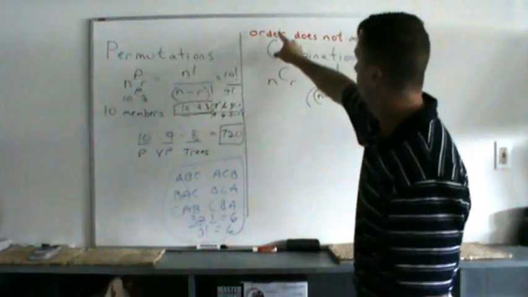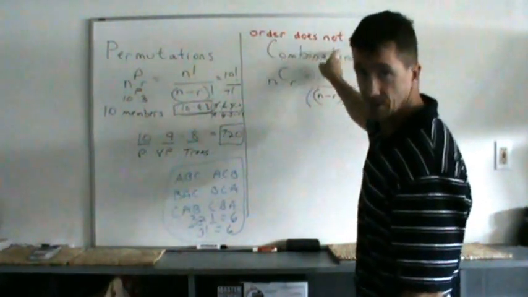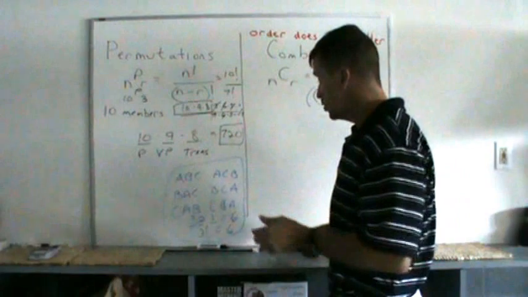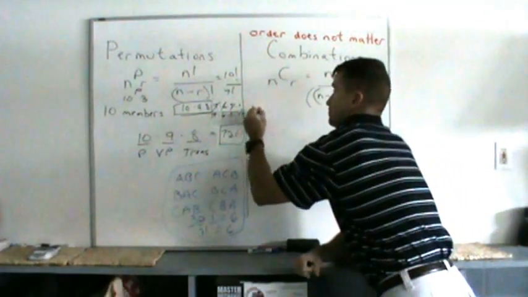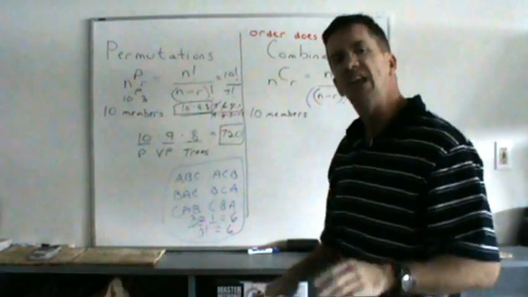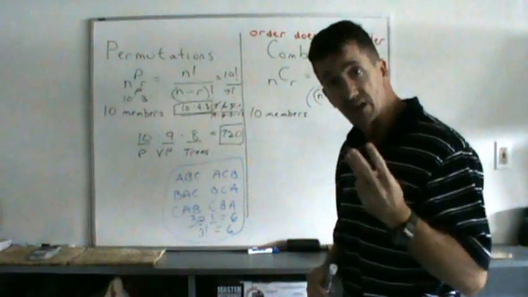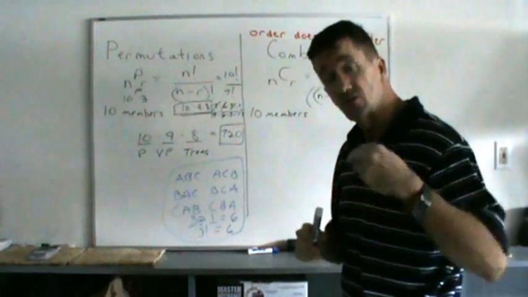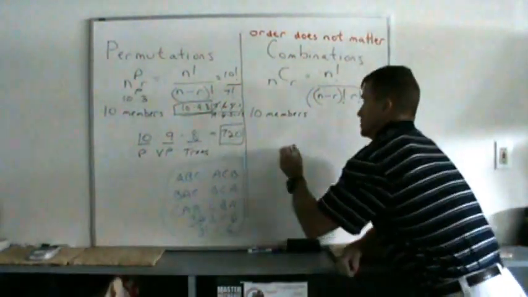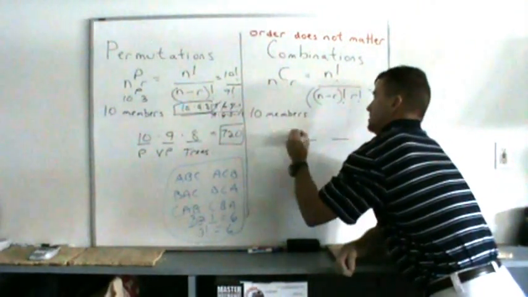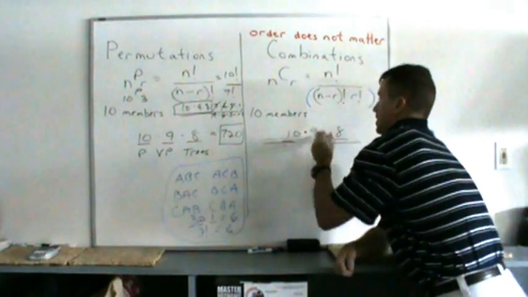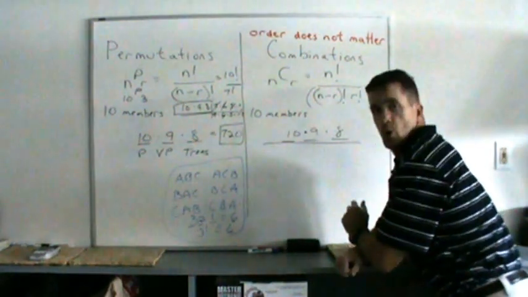See, with a combination, the order in which the selection is made does not matter. So I'm going to give you a very similar example, but listen to this wording. Let's say you have 10 members. How many different committees of size 3? How many different 3-person committees are possible from 10 members? Okay? So you're like, okay, 10 times 9 times 8, like before. But everyone, these are just 3-person committees. So I'm going to put this fraction bar here. We're going to divide out